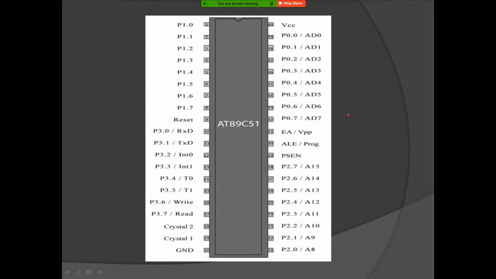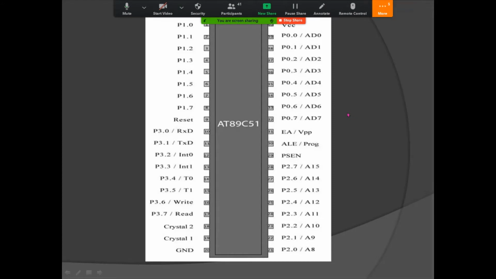Let's first learn about the 89C51 IC. As far as our practicals are concerned, we'll be using the 8051 IC. By name, the 8051 IC is not available in the market, so you need to buy the 89C51. There are other versions too. Basically, C51 denotes the 8051 ALU.